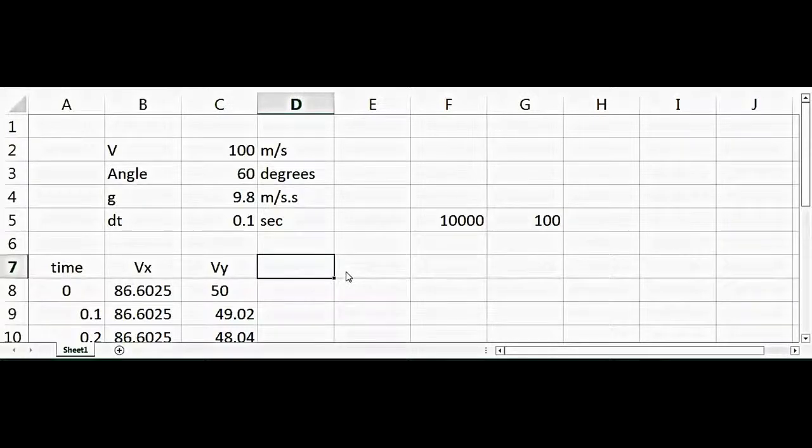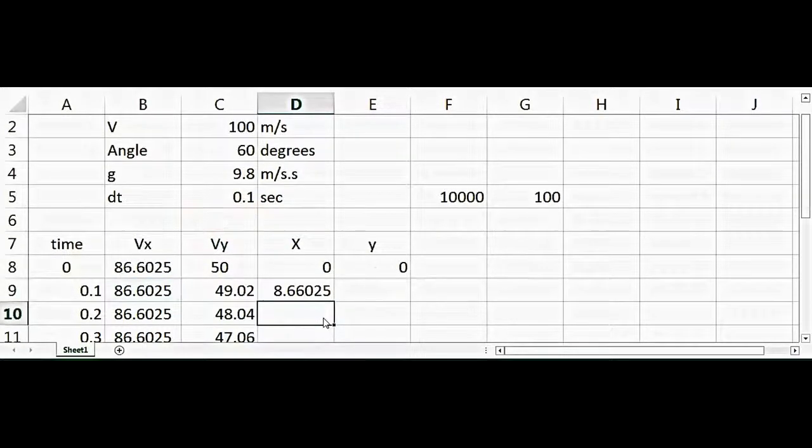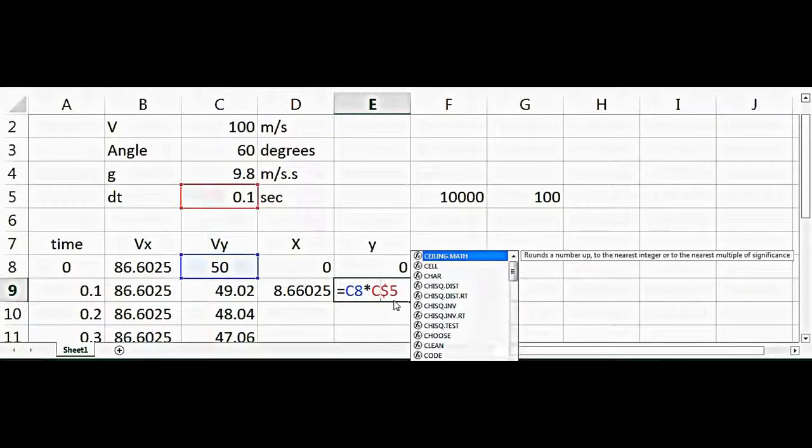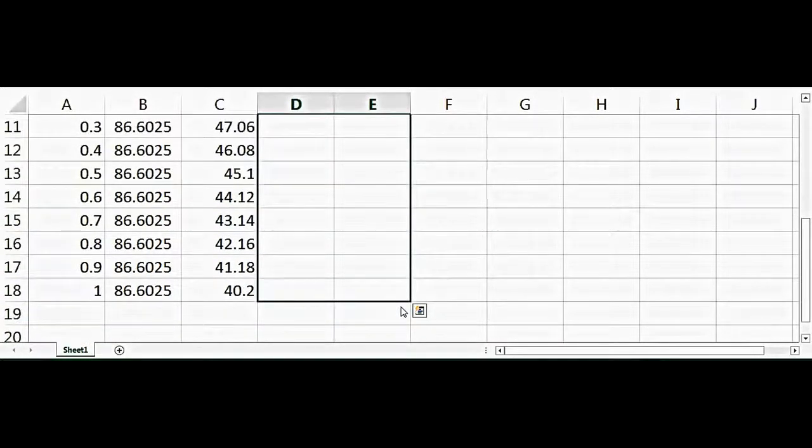And then we can calculate the distance. At the very beginning the x will be 0 and y will also be 0, and then it will change. So the position in x direction will change according to the time. So we'll say velocity into dt, and same way for the y, velocity into dt. So now we can drag it down and see that the position